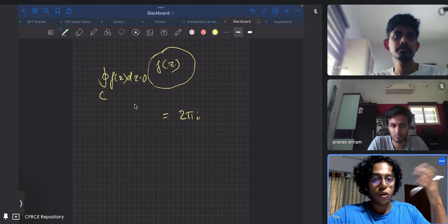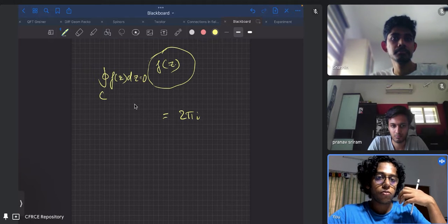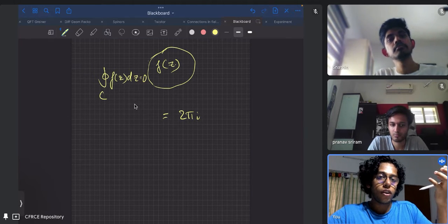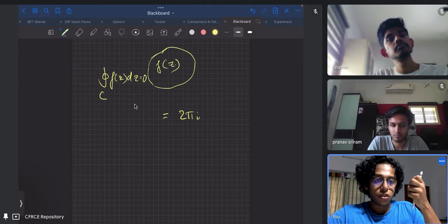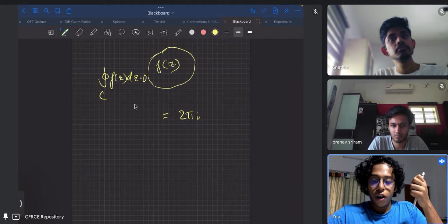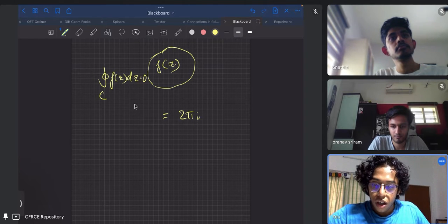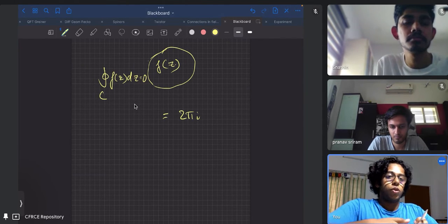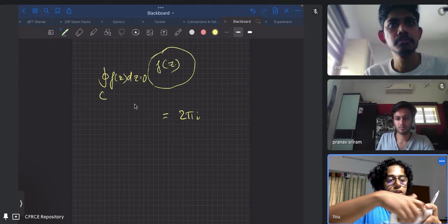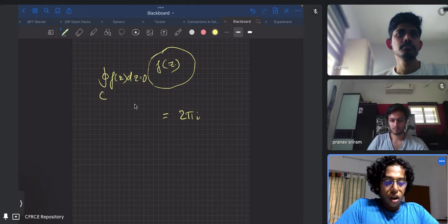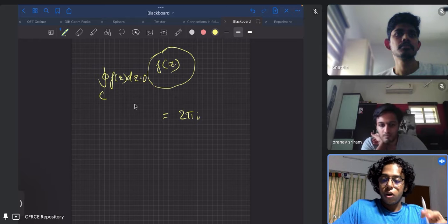You go for the complex number. So you try, in some manner, to hide your infinity in the complex numbers. This is one intuitive idea, but right now, coming back to